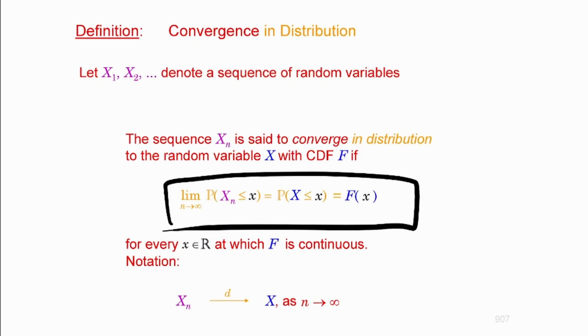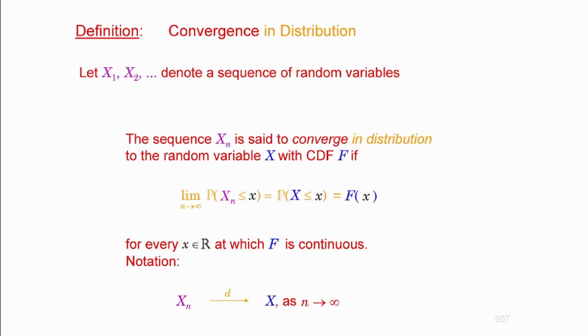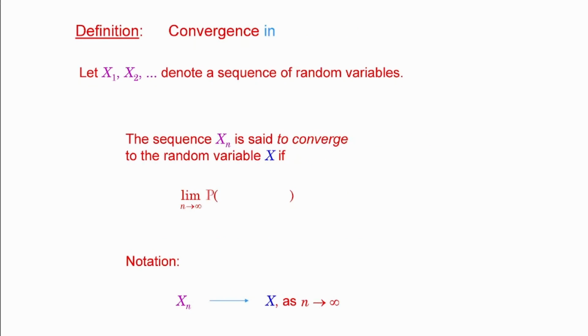So that is actually a very weak convergence, by the way. That's actually the weakest one there is when it comes to random variables, because every other type of convergence implies convergence in distribution. But I'm going to come back to that later on. Again, you'll see an example, but one of the most famous examples is going to be the central limit theorem. I'm going to put that formally, so you see that later on.